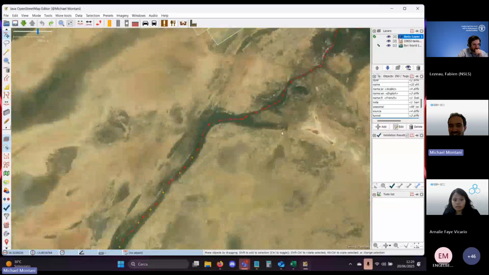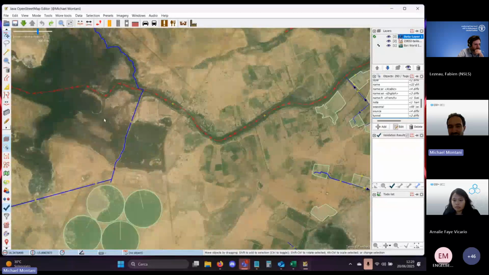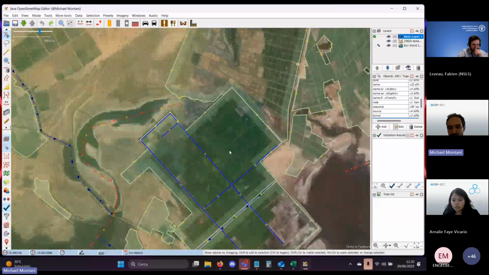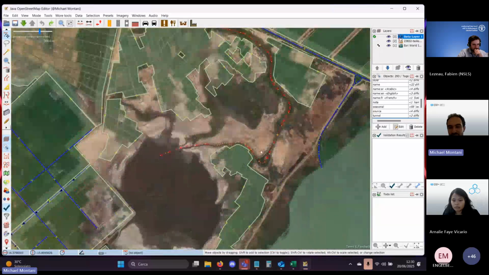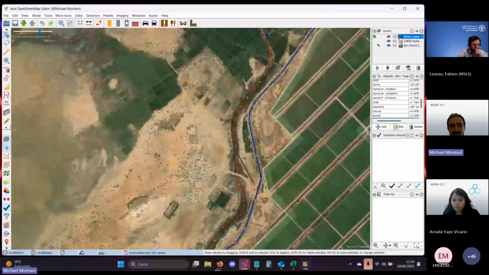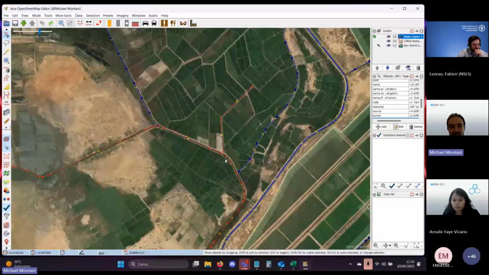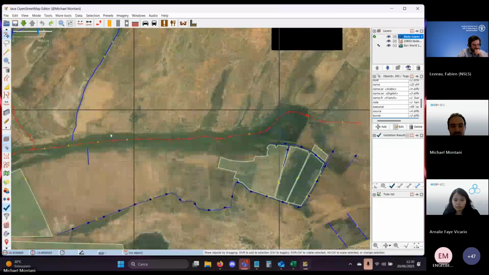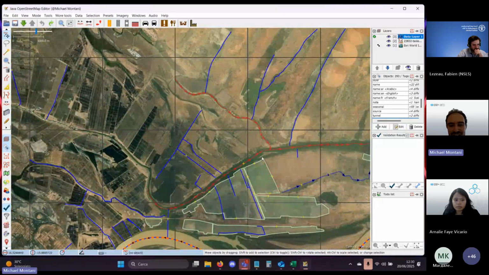Basically, a stream is the same as a river, but much narrower. So when you have a stream, you have a very small bed of the river. Let me see, I have to find a good example.